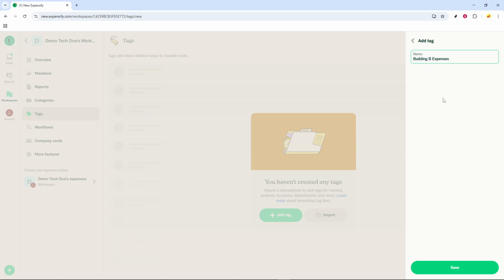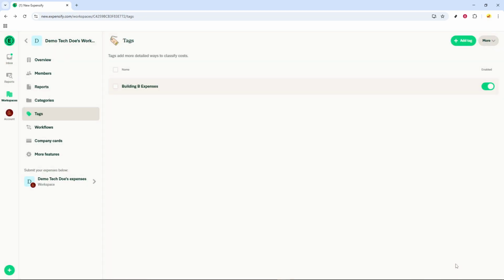To confirm everything was executed correctly, let's go back and check the tag menu once more. Here, you'll be able to see a list of all the tags that you've created. You should see your newly created tag, Building B Expenses, listed here. This final step serves as a validation, confirming that your new tag is available for use whenever you're categorizing expenses